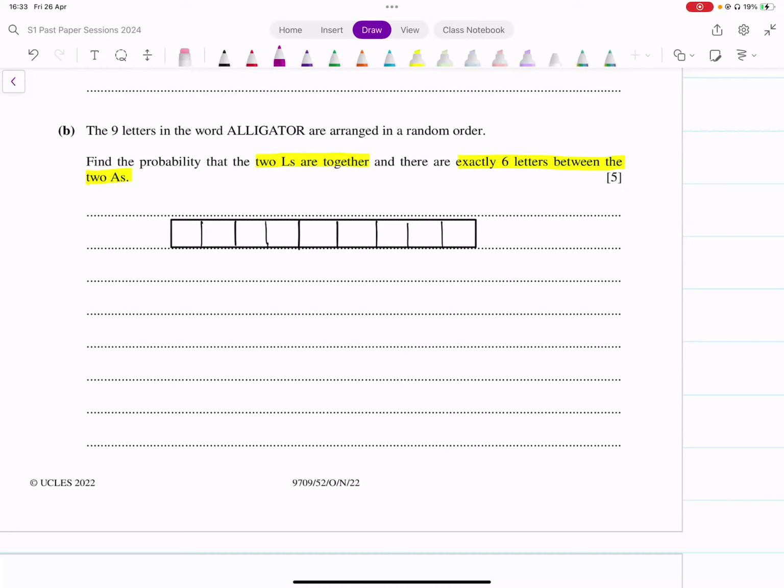Now let's think of one possibility, right? Just to try to make sense of this. Let's say 1 A is here, let's suppose. Then there have to be 6 letters and then another A. So 1, 2, 3, 4, 5, 6, and then another A here. This is one possibility, right? There's only one other possibility, and that would be